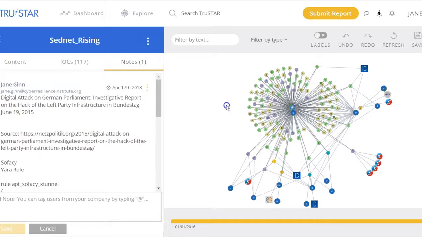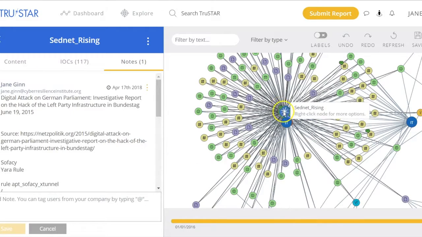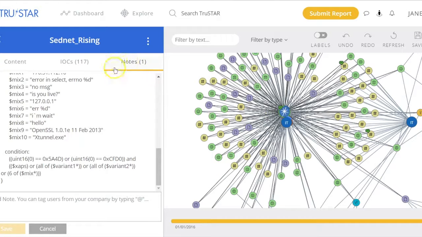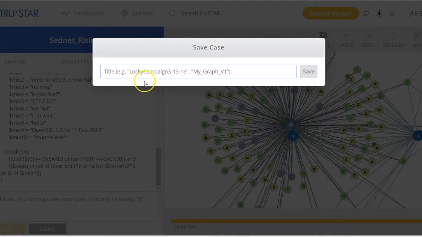And they'll also see, if I click back in here and enlarge this, the little comment button. So when I click on this, they'll see here that there's a note that has the YARA signature. So this is a way that threat intelligence analysts can actually make the information actionable for the network defenders when they pass it on. And so when I am in this tool and I decide that I want to send all of this information, including my YARA rule, to the rest of the team, I can go up here to save, and I'm going to give this